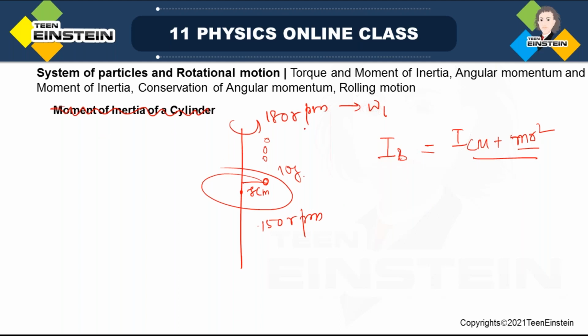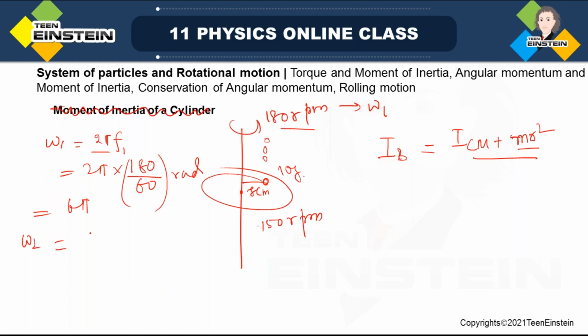Look at what is given here. The rpm changes because of this wax. What is rpm? It means revolutions per minute. To find omega, omega is 2 pi f, where f is the frequency. The 180 rpm you have to make into rps, so if this is in minutes you have to convert to seconds by dividing by 60. So this gives omega 1 as 6 pi radian per second, and similarly the final angular velocity will be